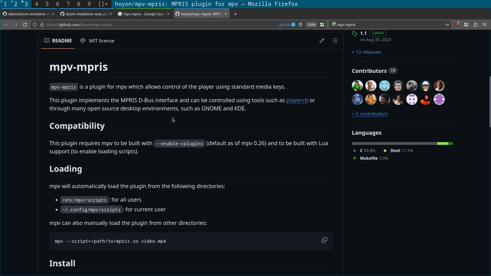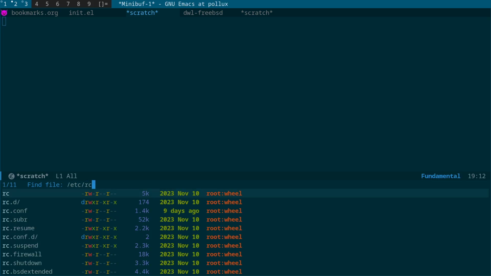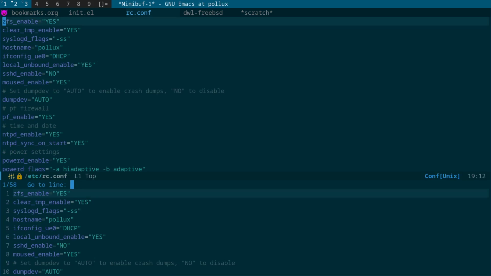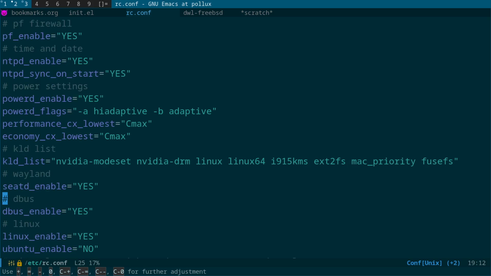So you want to make sure that you're using a window manager like I am here. I'm using DWL and Wayland, and you want to make sure that if you're on FreeBSD, dbus is enabled and that you start dbus when you start your window manager. So just a quick look on the FreeBSD side. Is it /etc/rc.conf? Always forget. Yeah. Okay. So in my /etc/rc.conf, I have dbus enabled